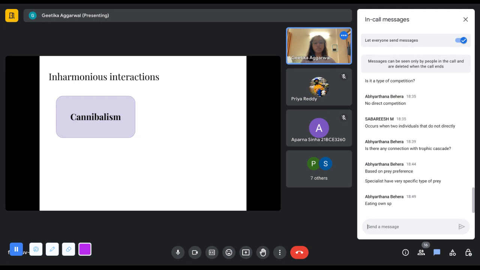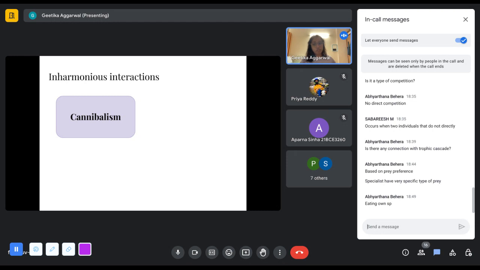What do we mean by cannibalism? Eating own species, yes. So, cannibalism is basically the phenomenon in which organisms can feed or can sometimes eat members of their own species. The famous examples that were also given in the lecture were the black widow spiders and the praying mantis, in which the females, after mating, will kill and feed on the